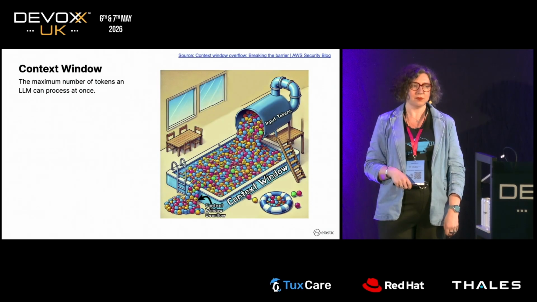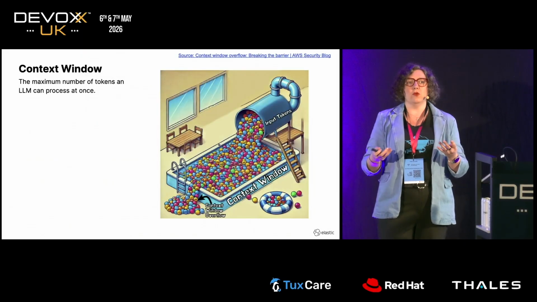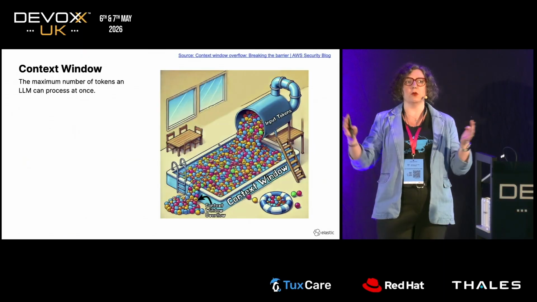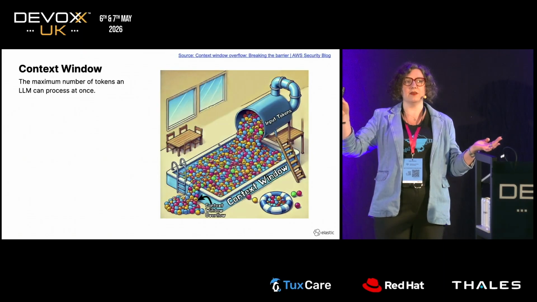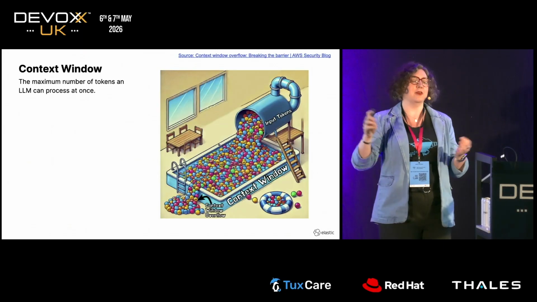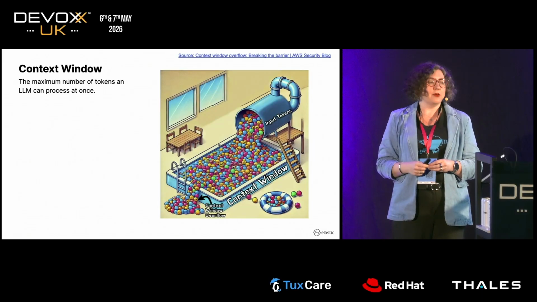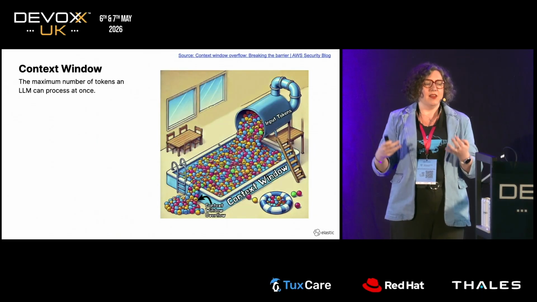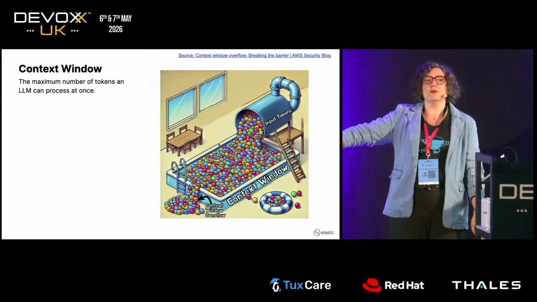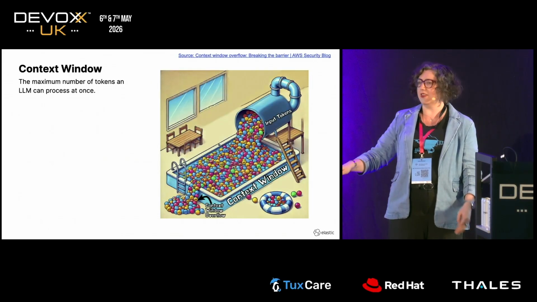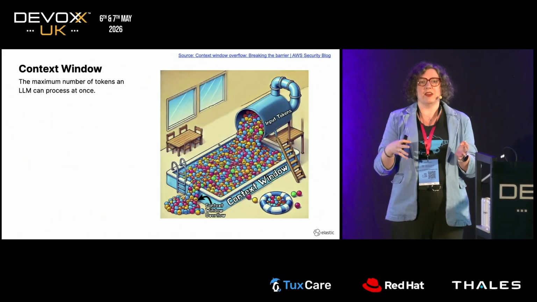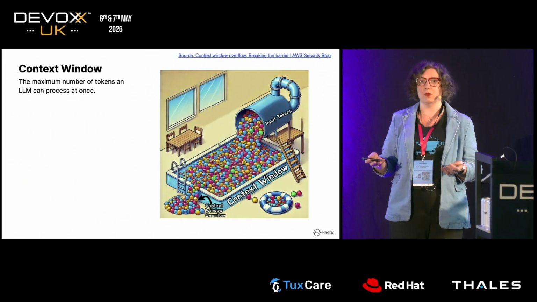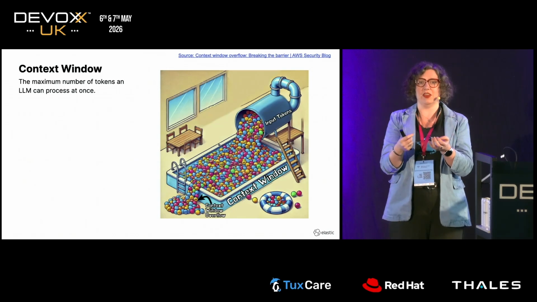But in order to know what's going on, LLMs have something called the context window. Are we all familiar with the context window? Okay, a few of us, but not all of us. It's really simple. It's the number of tokens that an LLM can process at once. Think of it as its memory, right? So the idea of context overflow is something we talk about a lot. This idea that there's too much in the context window and the LLM's therefore not going to pull it into its context and know what's going on, and it's not going to use that piece of information.